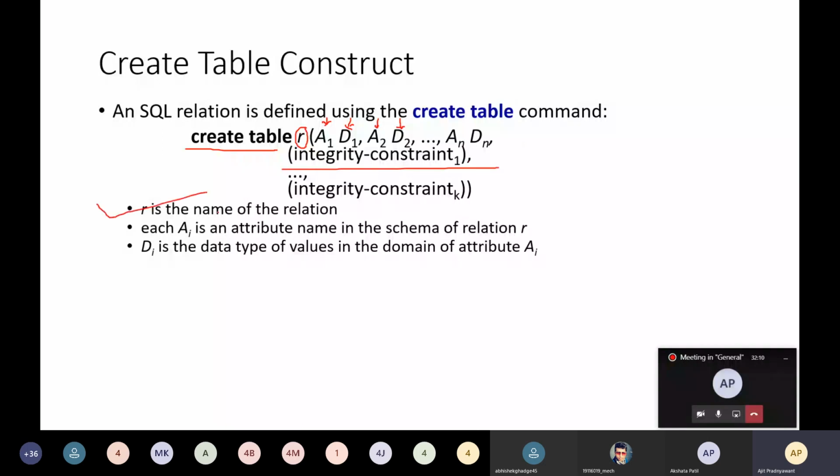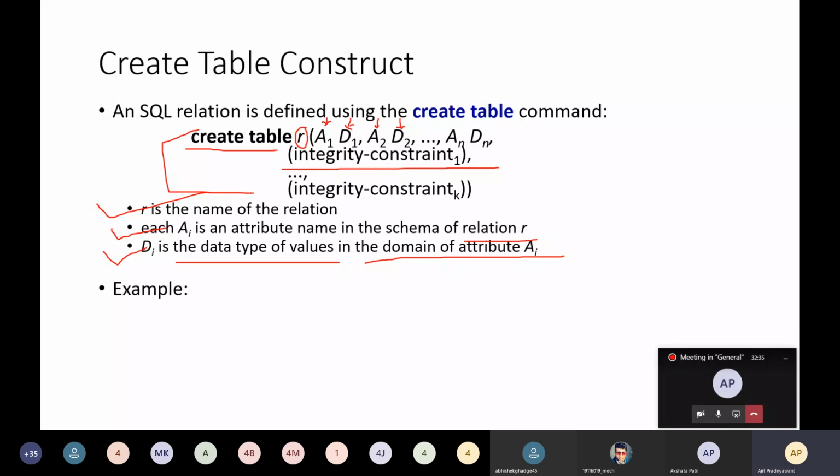So R is the name of the relation, each Ai is the attribute name in the schema of the relation R, and Di is the data type of values in the domain of attribute Ai. This is the simple construct to create a table in a database.